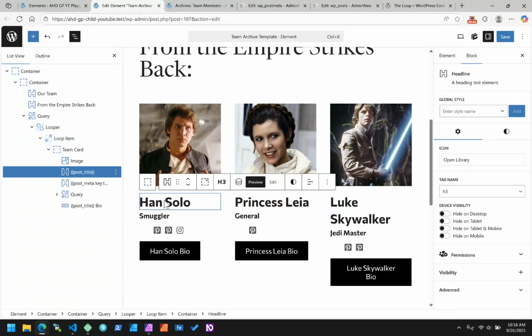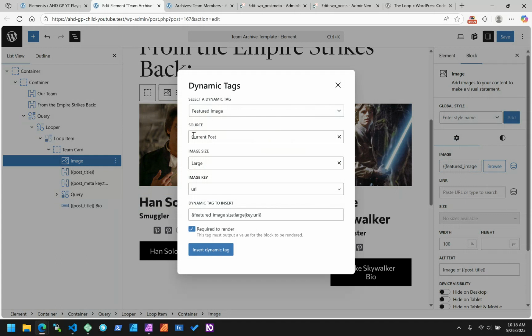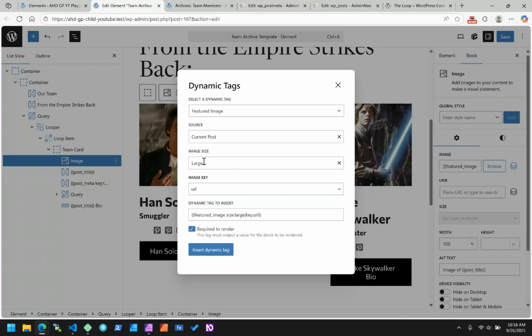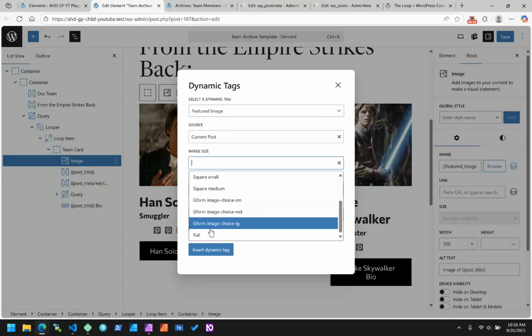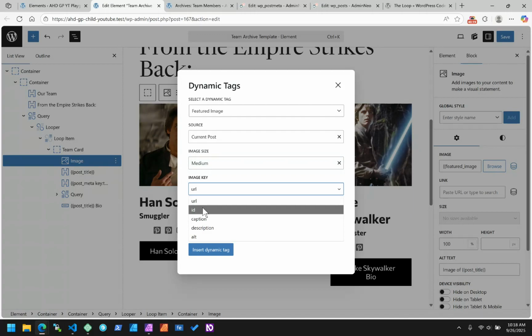And so we're doing some simple things here, and some not so simple things. If you're getting a title or an image, it's a featured image from the current post. You can select all these things. It might be a custom field, but no, this is just the featured image. Pick the size, and it already has a list of sizes that it's generated. We can say medium. We want the URL, but we could say, no, give me the ID, or show me the caption or the description or an alt attribute. We want the URL